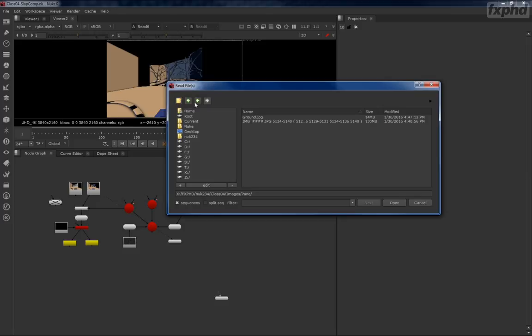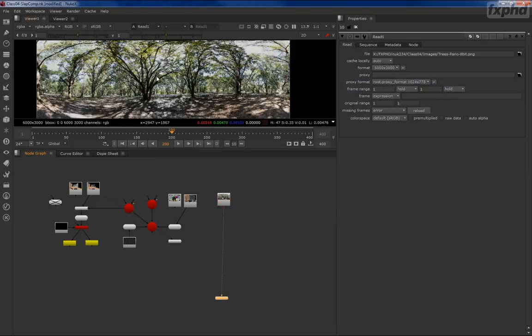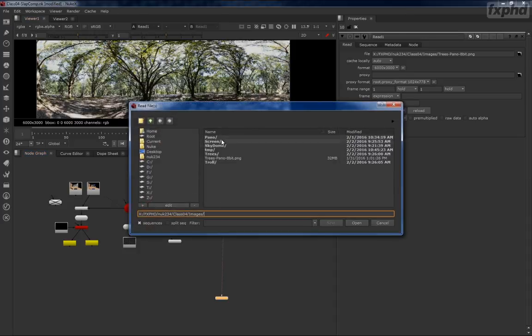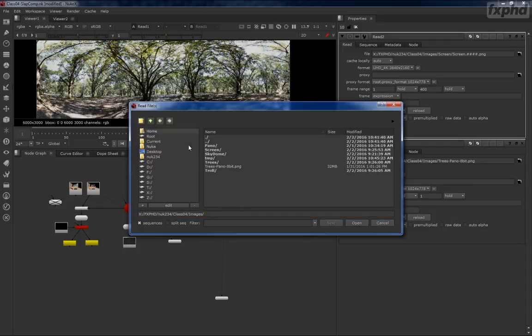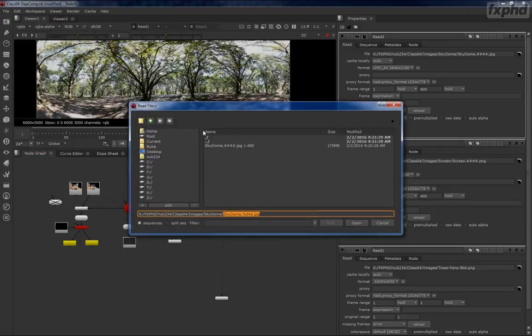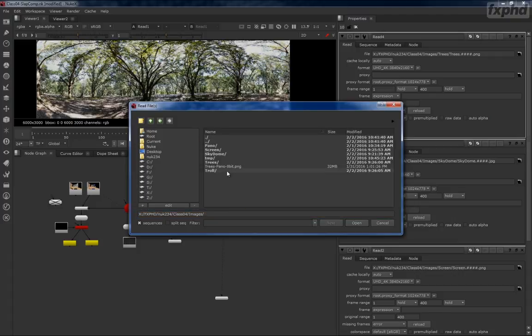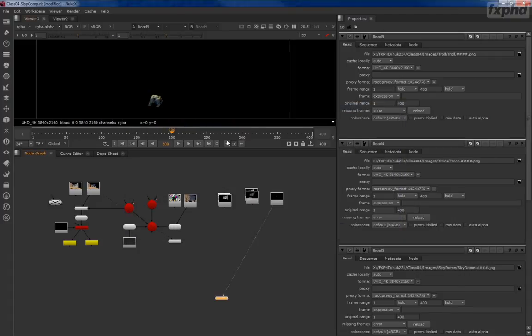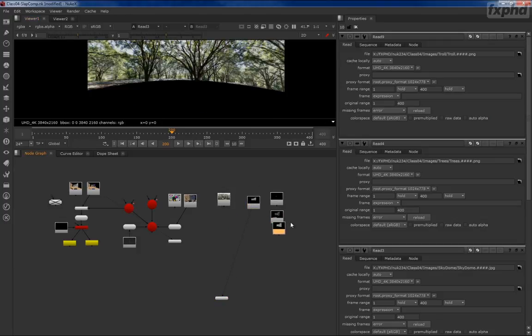So let's grab, first of all, the image dome and our screen render and our sky dome, trees, and our troll. All right, so we have our troll, have our trees, we have our sky dome,